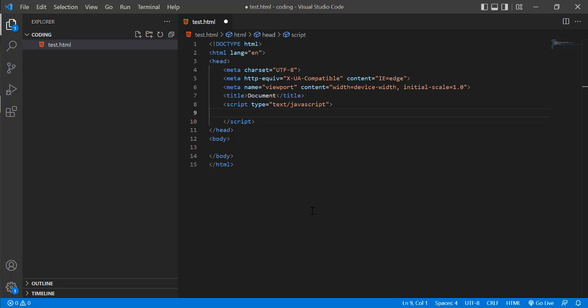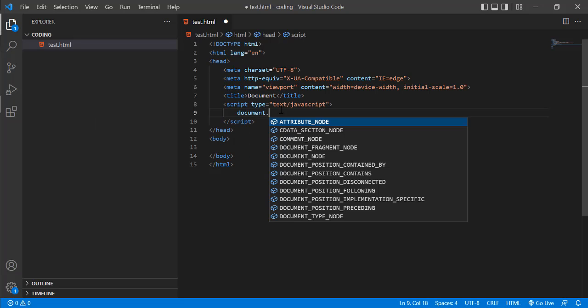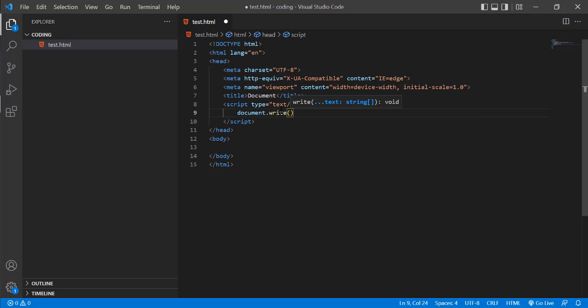So for a pretty simple example, we're just going to say document.write, and we are going to write a statement here which we will see in the browser. So this is a dummy statement, right?